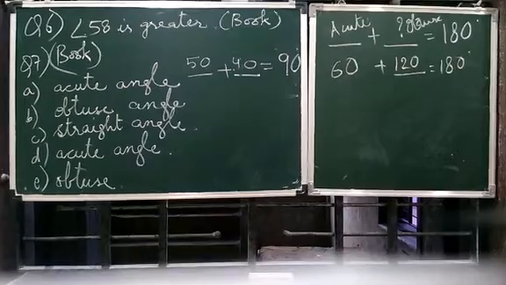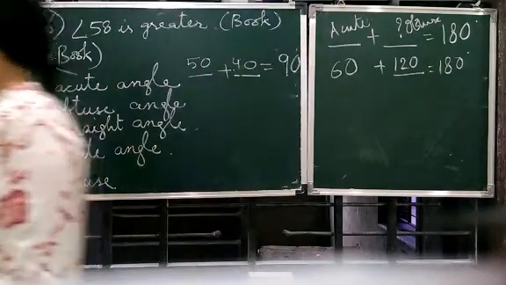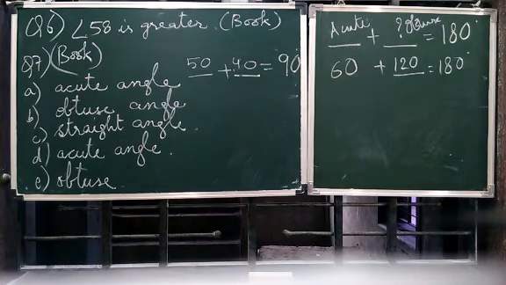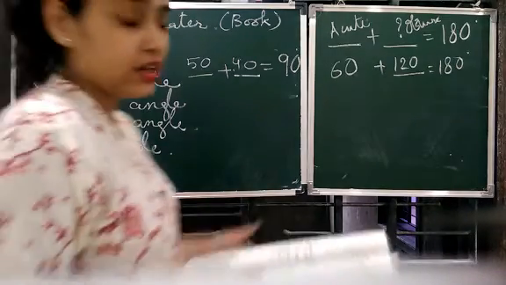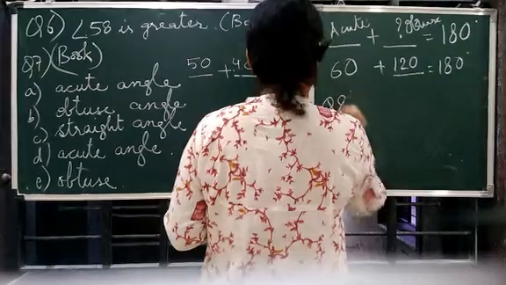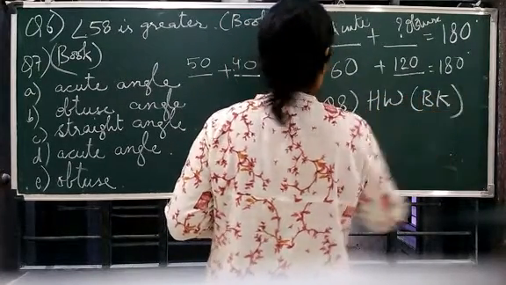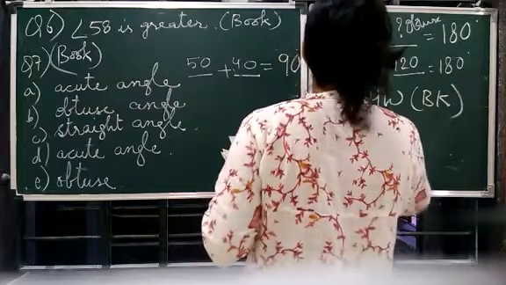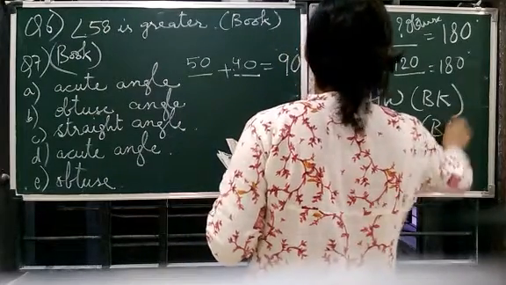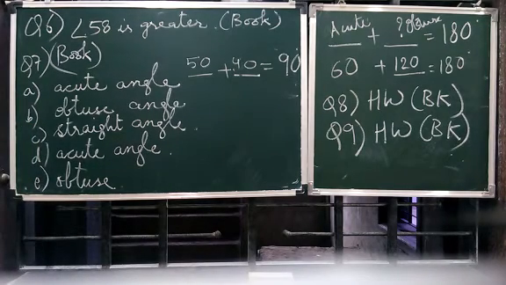Then we have to start question number 8. Find the measure of an angle shown in each figure. First estimate and then you can use the protractor to find its actual measurement. Children, once again you will have to use a protractor and you will do it in the book. So question number 8 becomes your homework, and it has to be done in the book. Question number 9 will also be your homework because again you have to measure using a protractor. Okay,